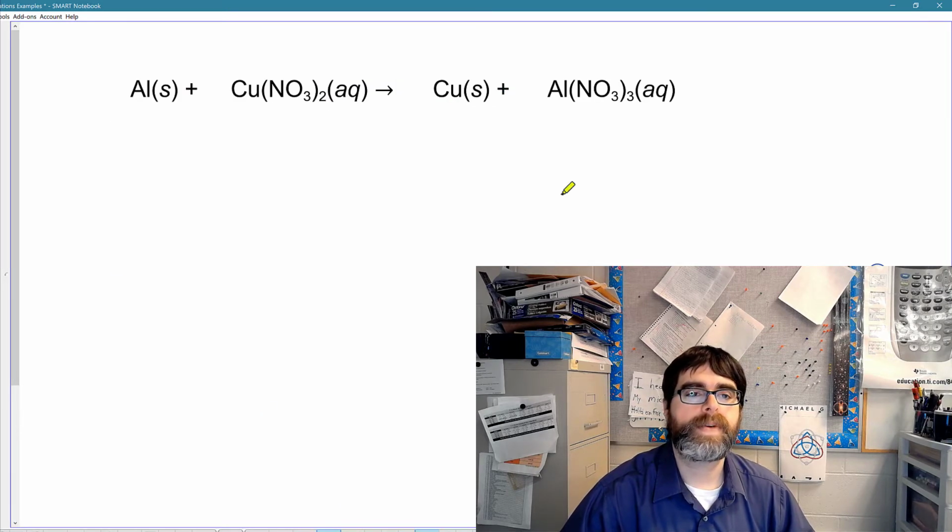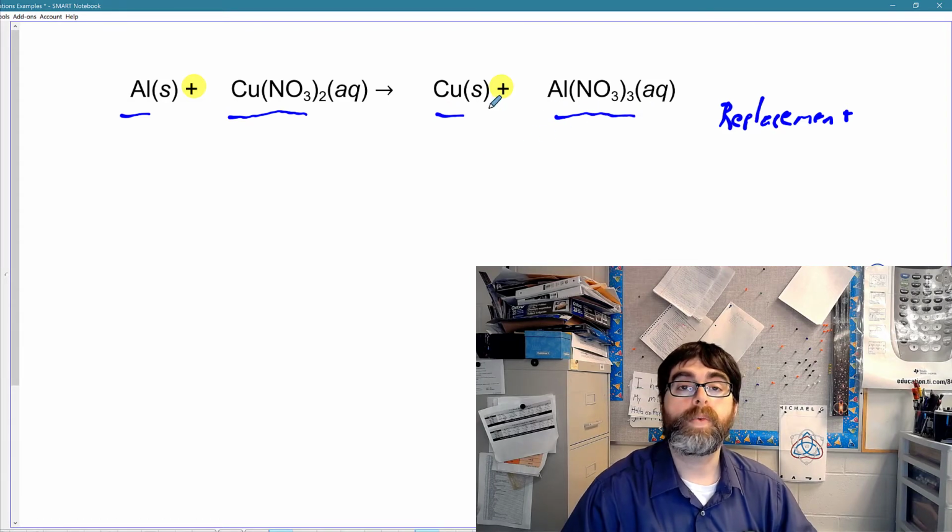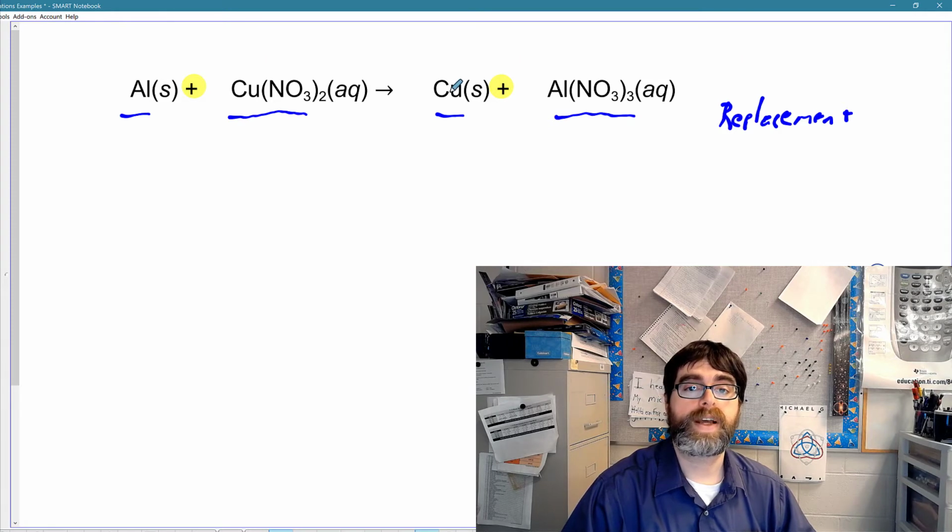For our next reaction type here, I have a plus sign on both sides of the reaction. That means that this is one of the 2 replacement reactions, most likely. It could be a combustion, but I don't see any oxygens alone or water or carbon dioxide in there, so this is a replacement reaction. The problem is we have to identify which of the 2 types of replacement reaction it is. So the way we do that is over here, I notice we have something alone, and we have a binary or higher compound, something alone, and a binary or higher compound. When that is the case, where you have something alone on both sides, that is called a single replacement,